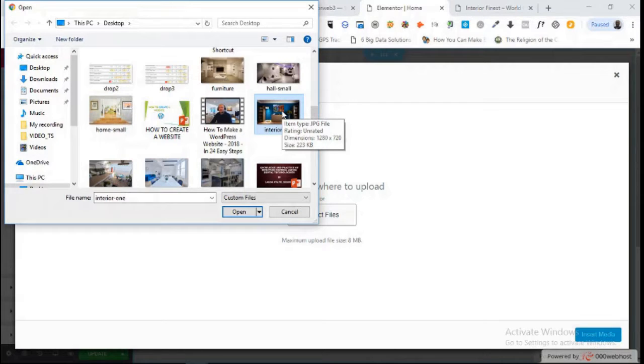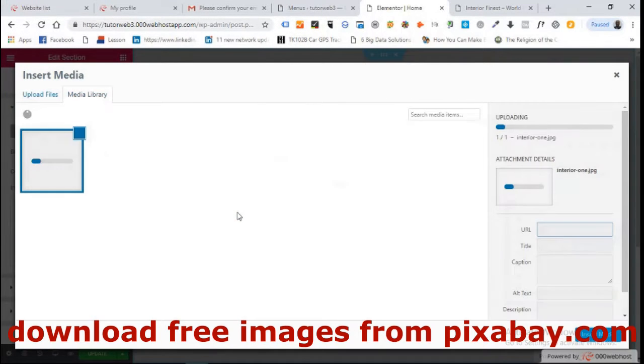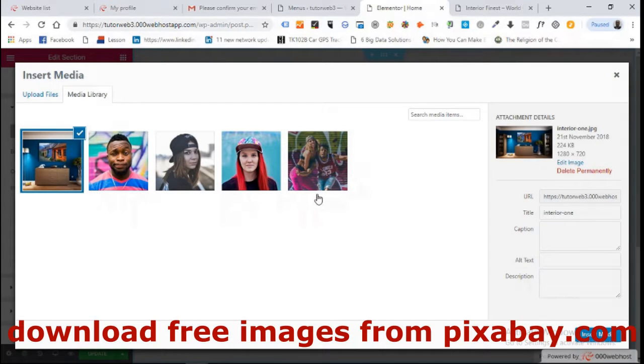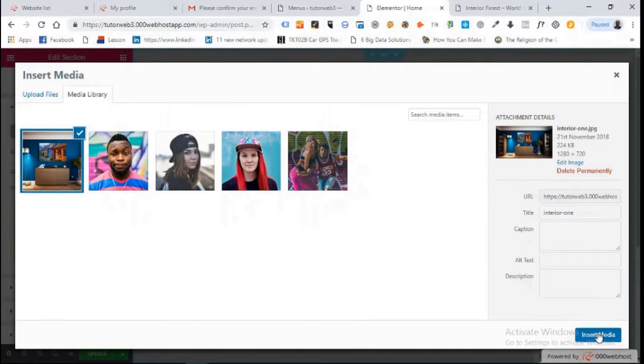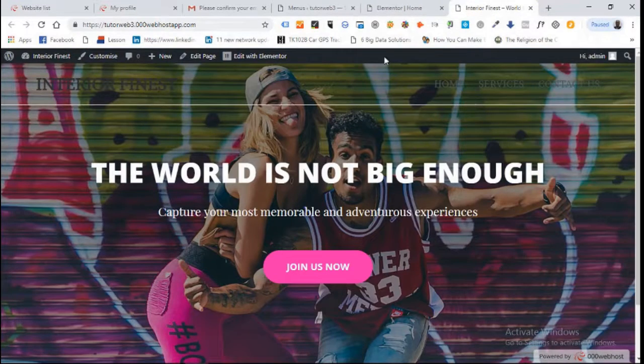I've already downloaded all these images from pixabay.com. If you've not used it before, go to www.pixabay.com. So I insert the image, and these are the images that are already on the website. And so I insert this media, and the moment I insert it, look at this. You can see how beautiful it's looking. And if we click on update, I will refresh our website here. You will see the big difference